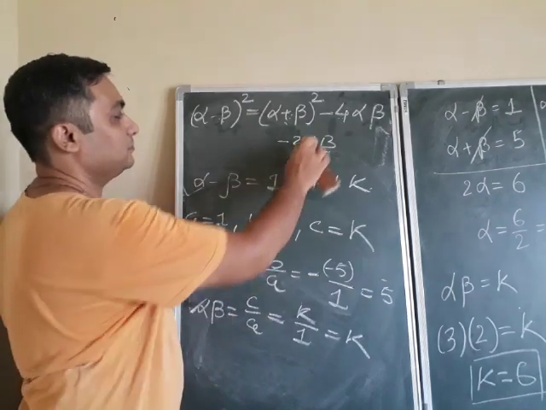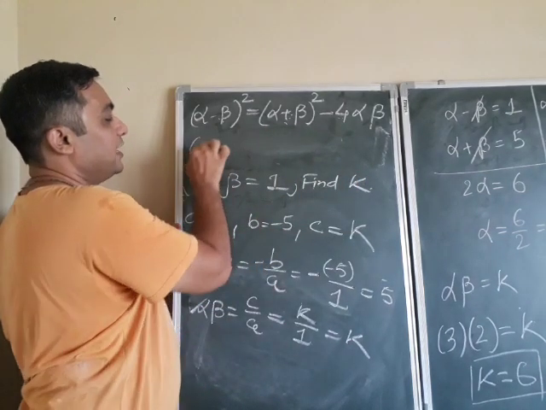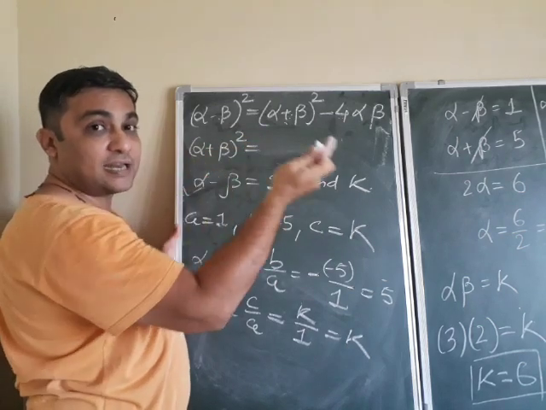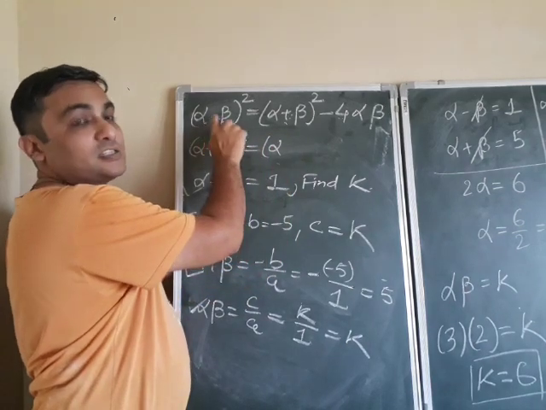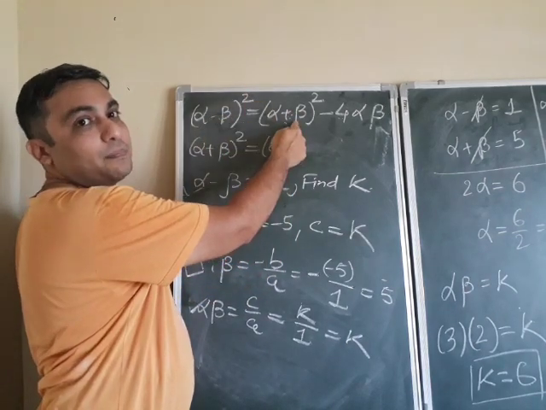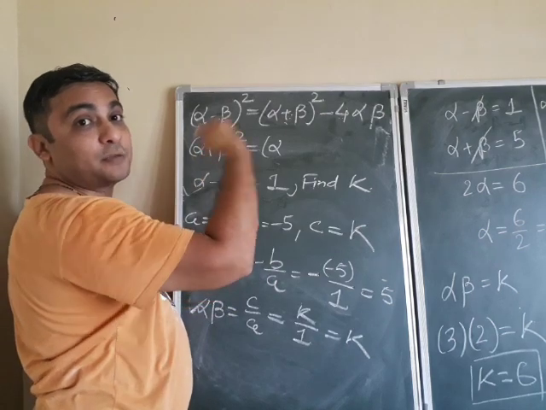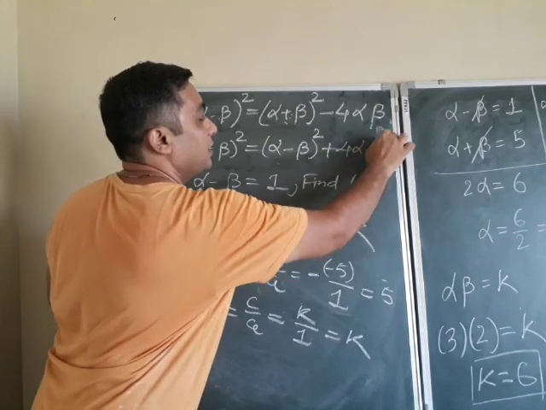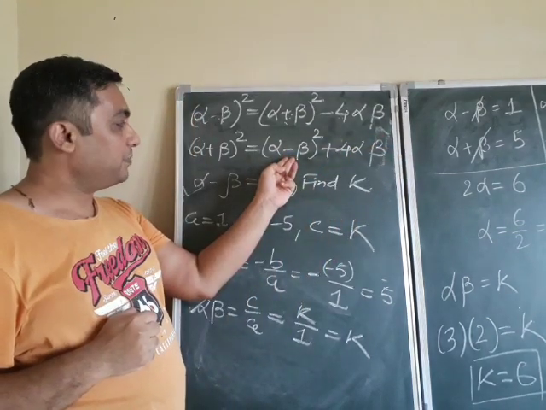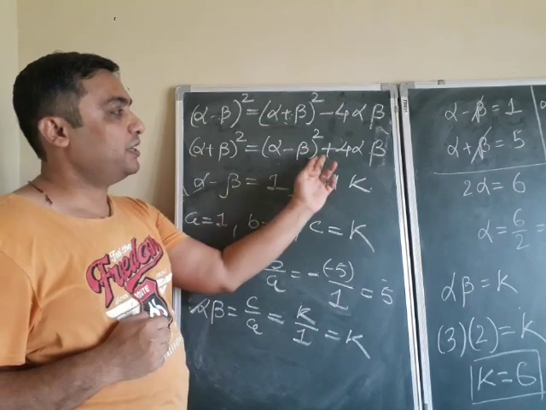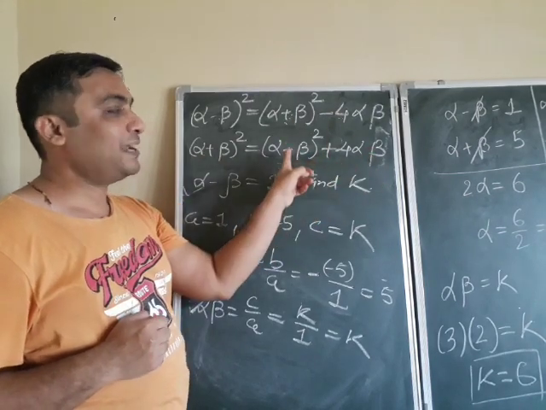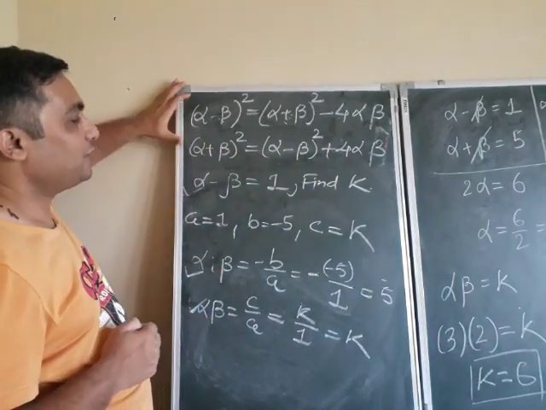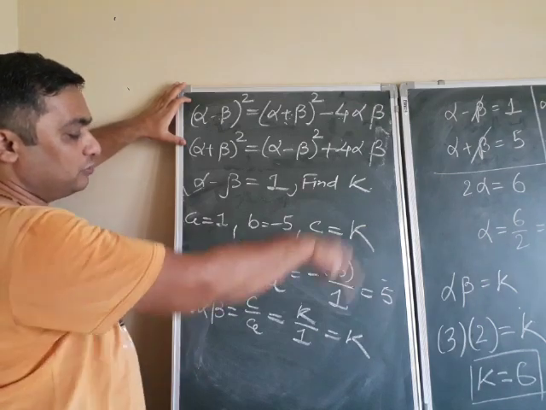And in the same way, one more relation you can also write for alpha plus beta whole square. This is the conversion of alpha minus beta whole square in terms of alpha plus beta. And now alpha plus beta in terms of alpha minus beta. So alpha minus beta the whole square plus 4 alpha beta. Here the middle term is minus 2 alpha beta, but here the term is 2 alpha beta. So if I add 4 alpha beta, 4 minus 2 means 2 alpha beta. So these two are equal. And you can use any one formula to derive this question.